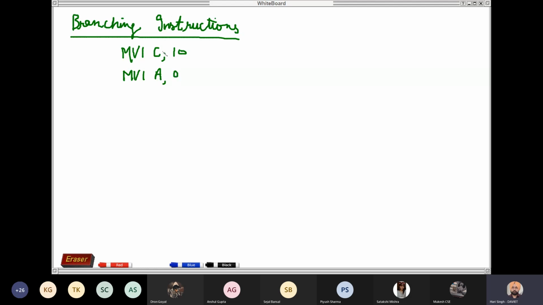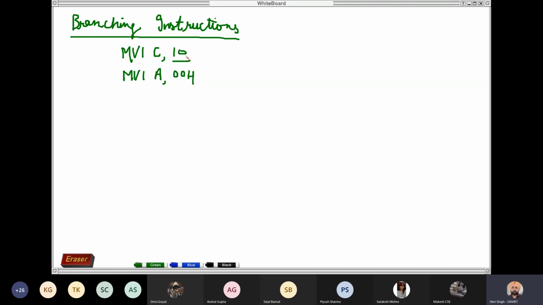MVI C, 10. The first instruction will place the value 10 in register C. I'm writing 10 in decimal. The assembler will place its hexadecimal equivalent, so register C is equal to 0AH.